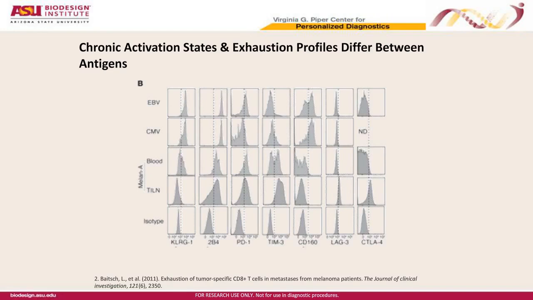And so in this study, if you compare Epstein-Barr virus-specific T cells to chronic CMV antigen-specific T cells to melanA-specific T cells, what you can see is upregulation of a number of different checkpoint inhibitors, but you even see specific differences in the blood versus tumor-infiltrating lymph nodes of melanA-specific